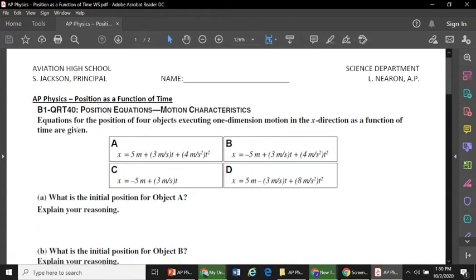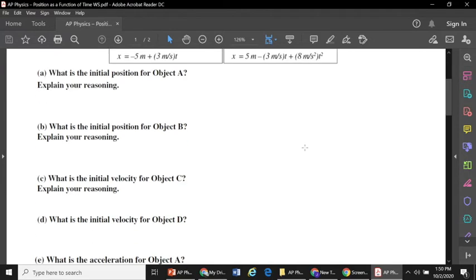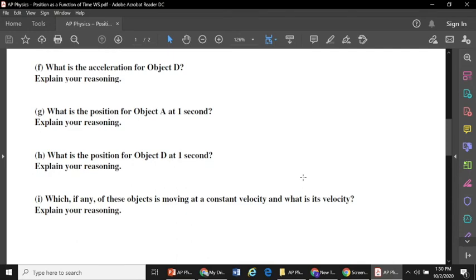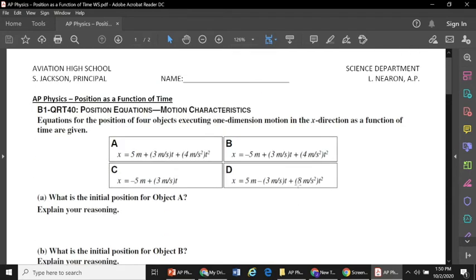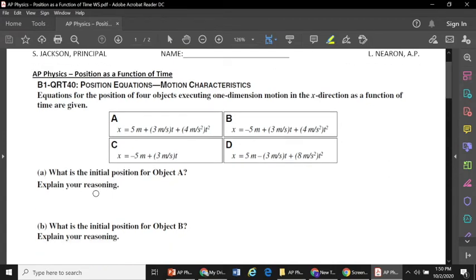And the first problem I'd like to focus on is B1 QRT 40, Position Equations Motion Characteristics. It says equations for the position of 4 objects executing one-dimension motion in the x direction as a function of time are given. And they ask you here a series of questions. Notice this one goes the whole way. So I would like you to focus on